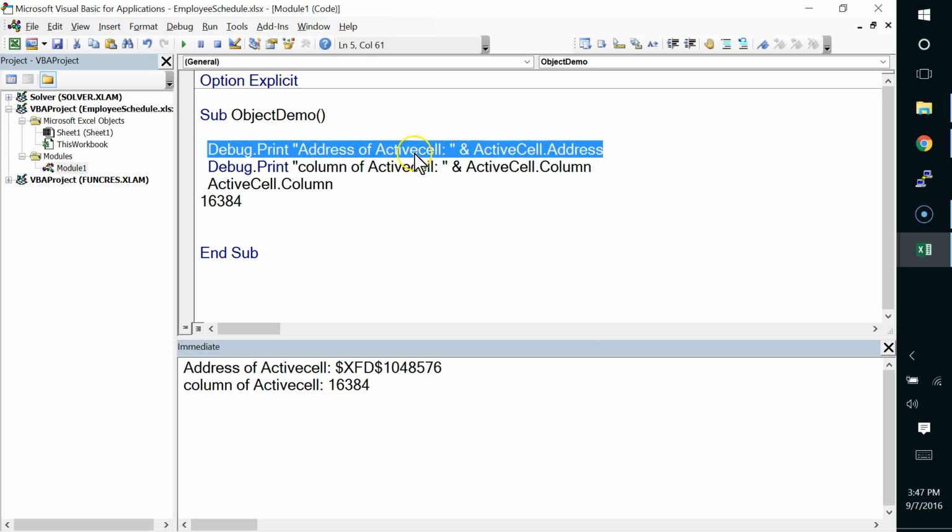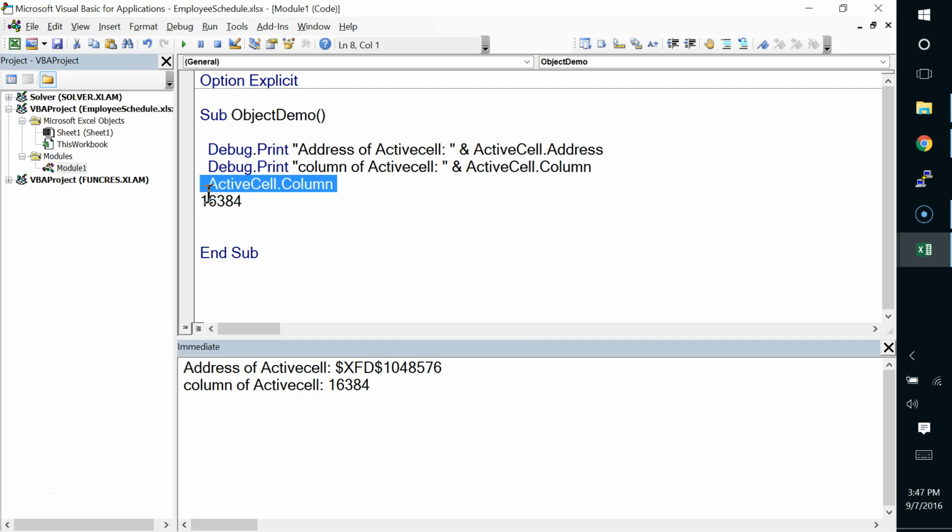It says print something. What's it going to print? It's going to print these characters with whatever the value of this address is. It understands that. Print this. This is an instruction. Now, if we get to this one, let's put the other one first. When we get to this one,